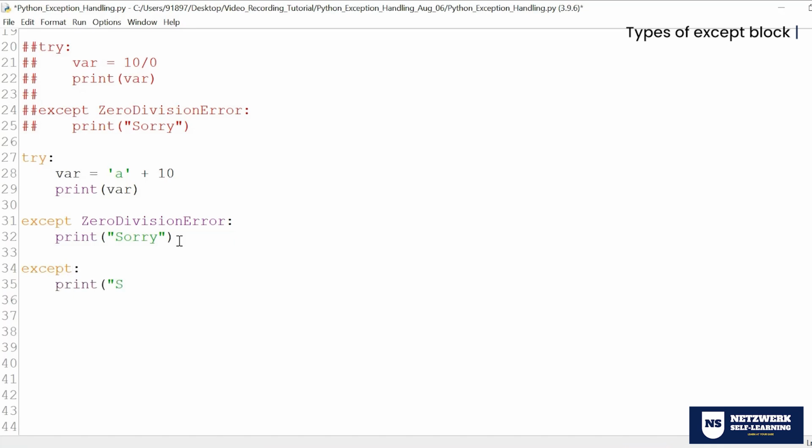So now what happened? If the code belongs to zero division category, it will go to the 31st line. If it is any other category, obviously it will come to the default block. Okay, this is the better way of writing code. So the next point which I'm trying to highlight here is that a single try can have